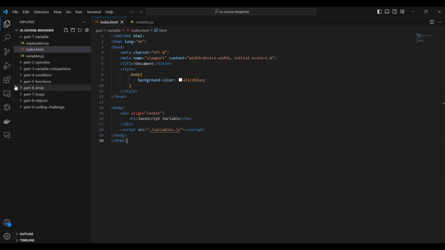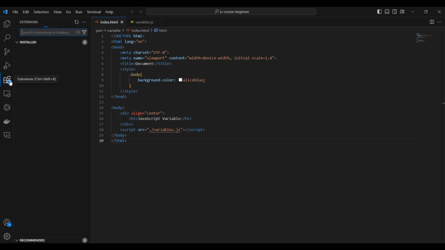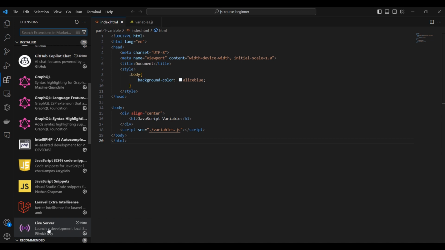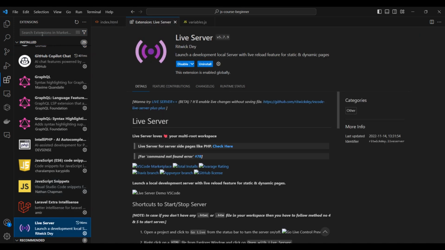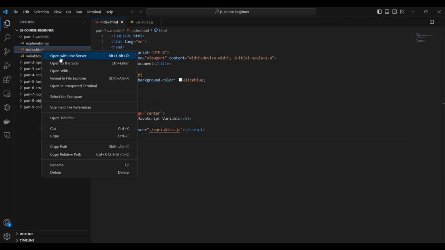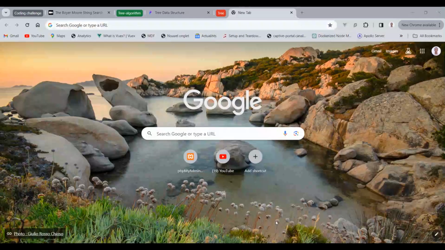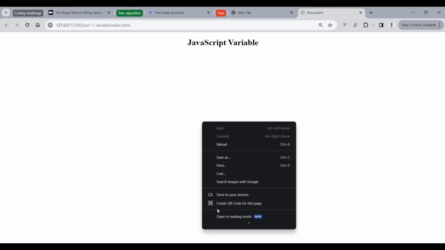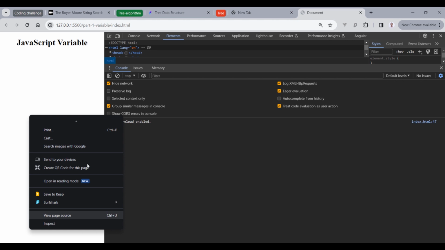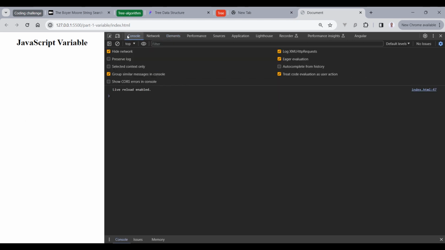Here I'm using the Live Server extension. It is going to refresh our web page every time we make a change to our source code. Search for it in the search bar and install it. Once installed, right click and open with Live Server, and then right click again, go to inspect and move to the console tab where we are going to output the results